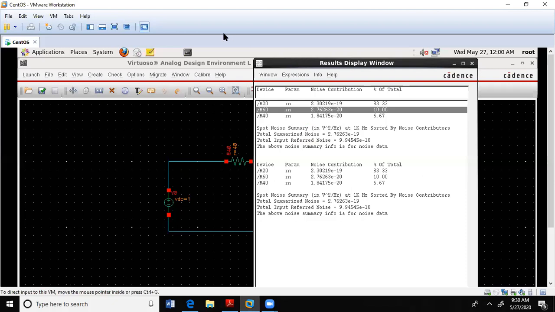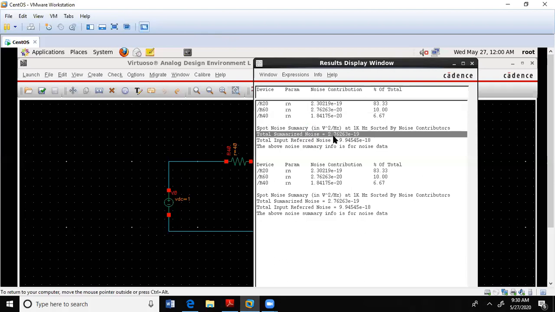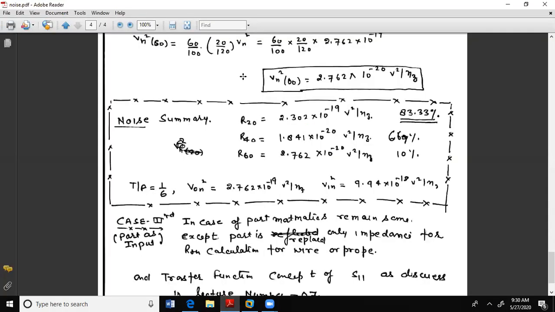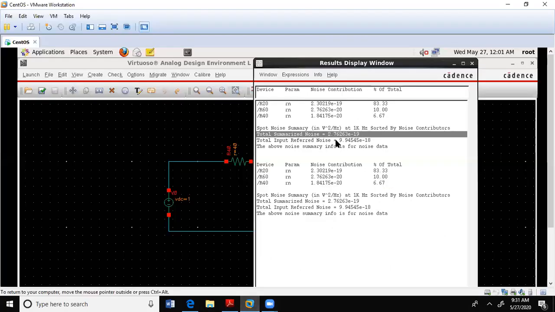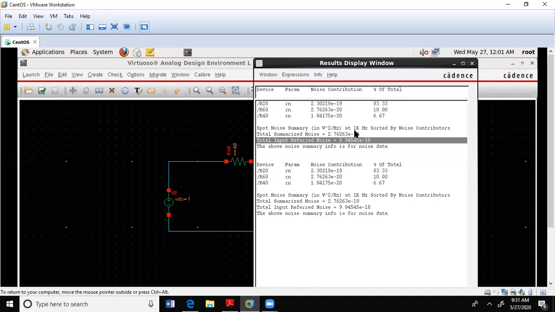Now see, total noise value is 2.762 into 10 to the power minus 19, and theoretical value of noise is 2.762 into 10 to the power minus 19, while input referred noise is 9.94 into 10 to the power minus 19, and practical value is also 9.94 into 10 to the power minus 18. So perfectly matched with our theoretical result.